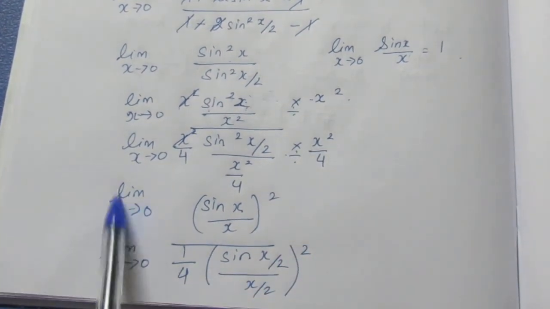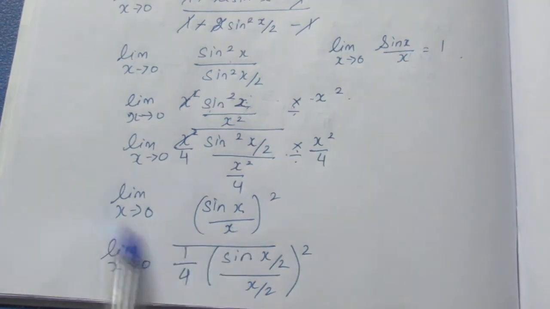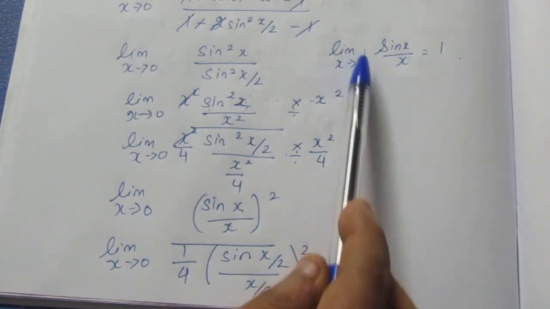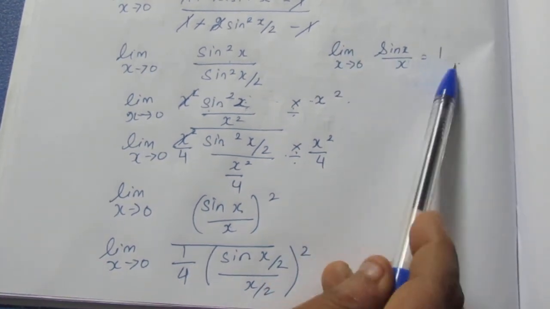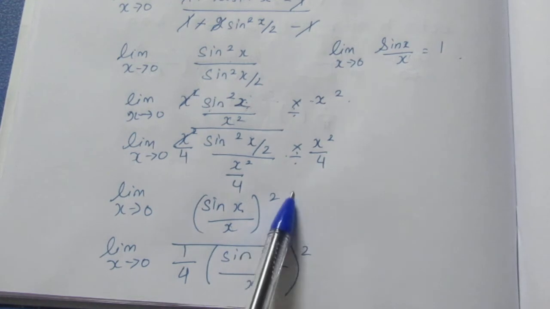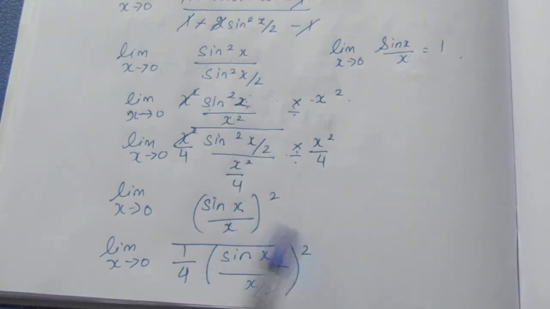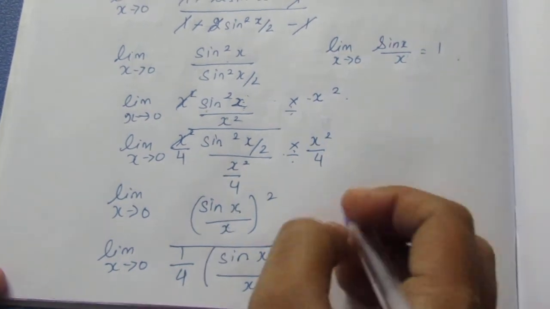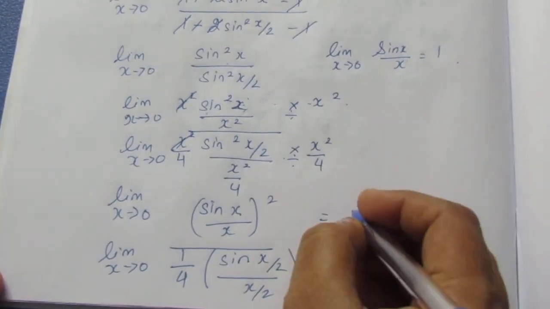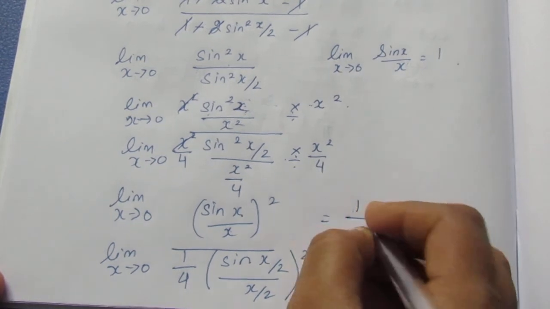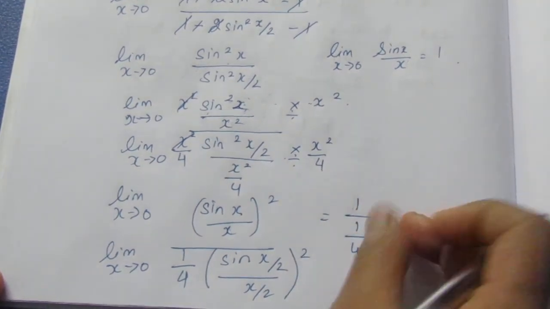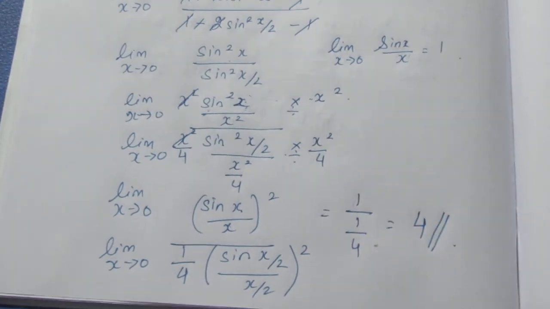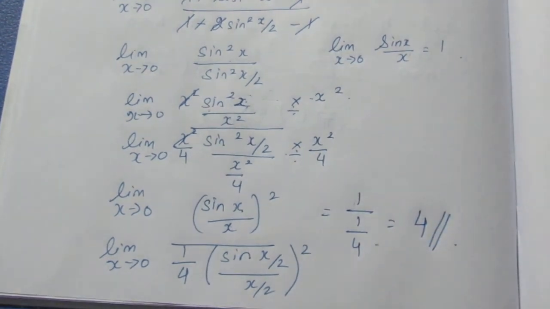Now we know the formula for this. Substituting the formula, here it becomes 1 and here also it becomes 1, because it is in the form of limit x tends to 0 sine x by x is equal to 1. So 1 square will become 1. Even here the 1 square will become 1. That is only 1 by 1 by 4. So now substituting the value, it is 1 by 1 by 4. Taking the reciprocal, it becomes 4. So 4 is the final answer for the sum.